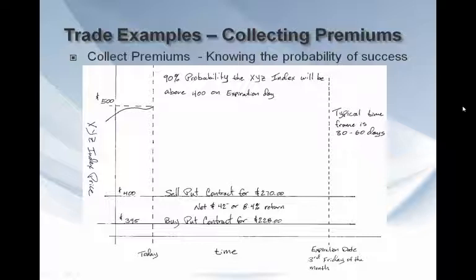An important part of this trade is to manage the risk. This is done by tracking the risk factor. When the trade started, the risk factor is 10%, which correlates to a 90% probability of success. If the index drifts down, the risk factor may increase. If the risk increases to 50%, you may decide to exit the trade or modify the trade to a lower risk factor. How to manage trades to minimize risk and preserve profits is taught extensively to members.